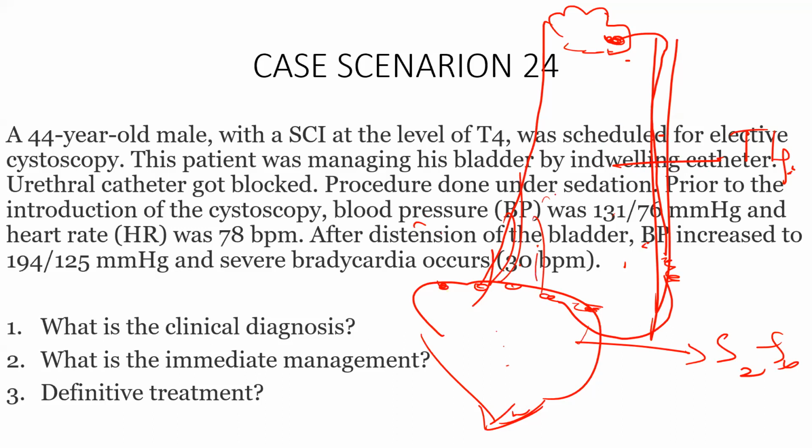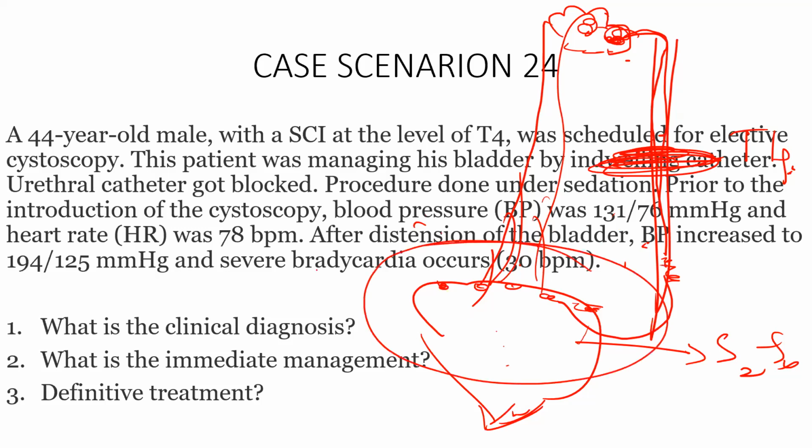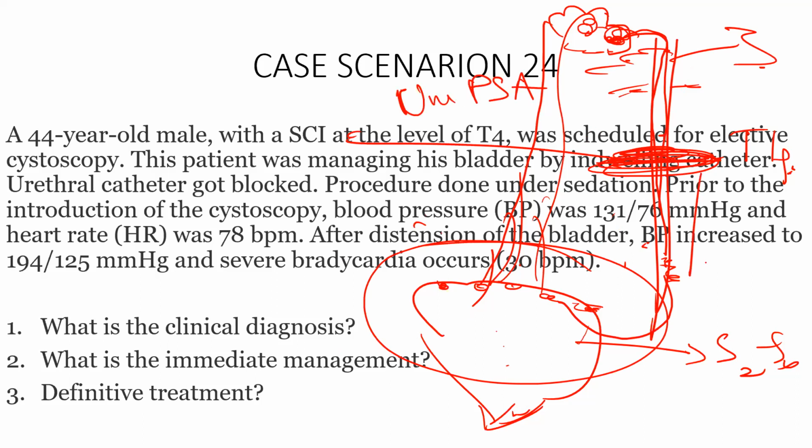There is no doubt in that. So that will stimulate the brain. Brain will activate the parasympathetic system. But the problem is this parasympathetic system is not reaching below the blocked part. So what happens? Below the blocked region, there will be uncontrolled activation of the sympathetic nervous system because this is not getting blocked. Above the heart or above the T4 level, whatever the body is having the parasympathetic system, all those get stimulated. So above the part where the spinal cord is injured, there will be uncontrolled parasympathetic system activation. Below the level of cord, uncontrolled sympathetic activation.